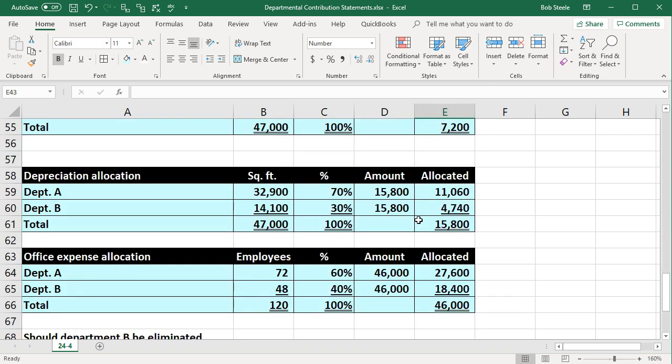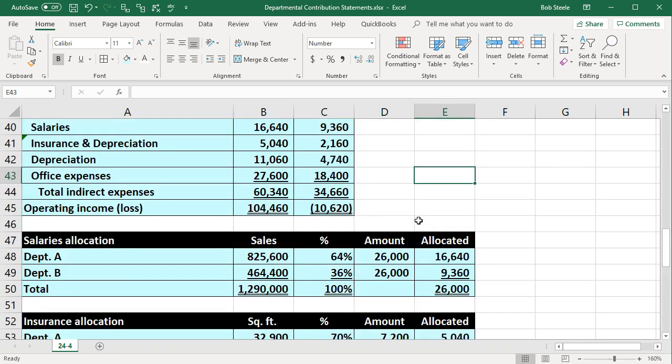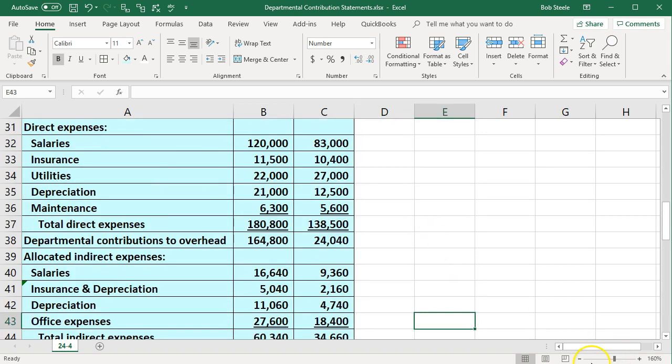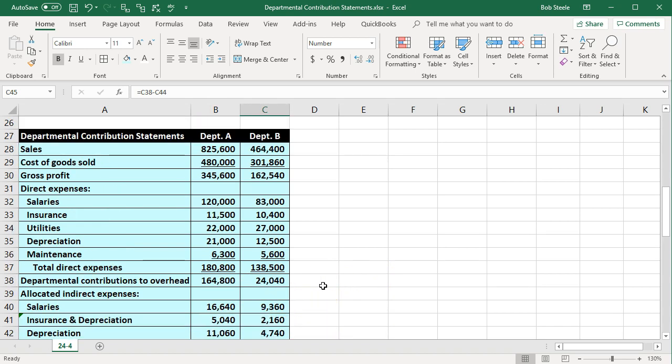Now, note that we have a question down here that's a common question. Should Department B be eliminated? And you can see here, Department B is probably going to be worried. They're going to say, oh man, we've got a 10,620 loss on our operating income. Should they be eliminated? If we got rid of them, you would think that we would be 10,000 higher because there's a loss. So you would think that that should mean we should get rid of Department B,